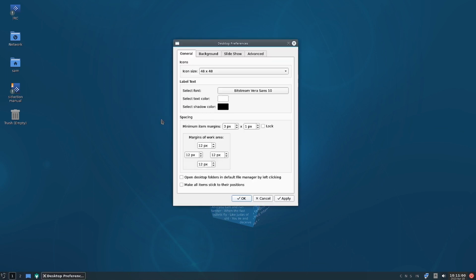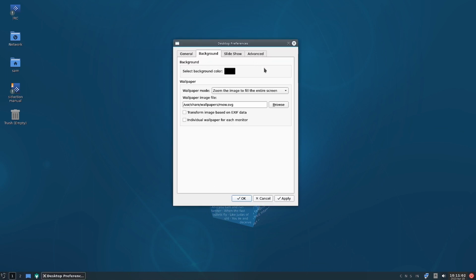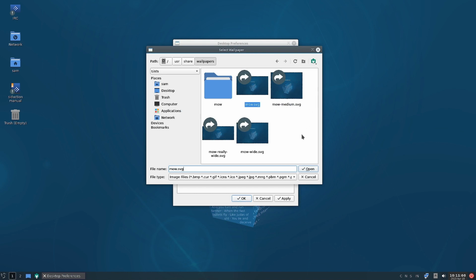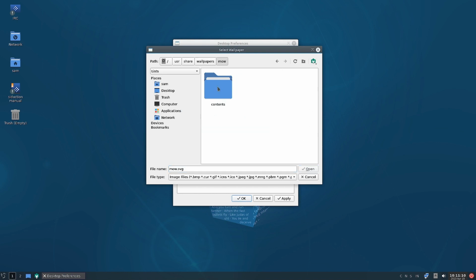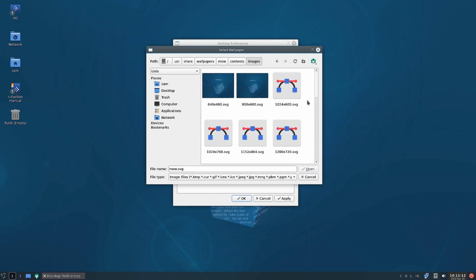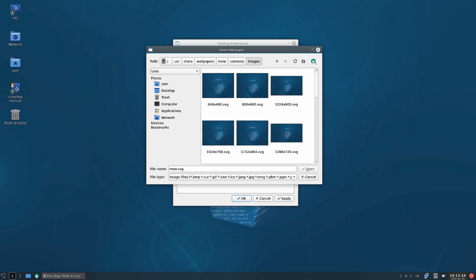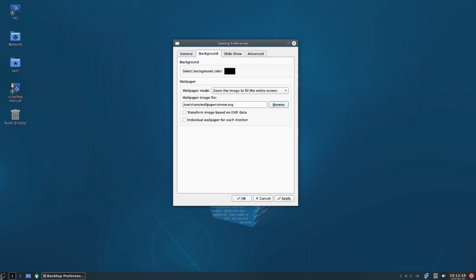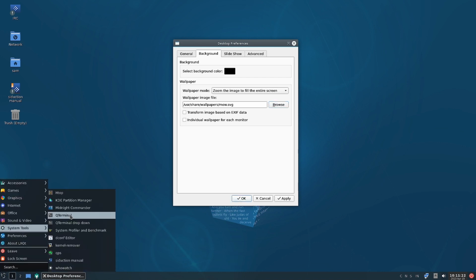Now let us check out the different wallpapers. So if wallpapers are available, let us check. So not many wallpapers are available. You can see it here, all the wallpapers, same wallpaper with different resolutions. So what to do? Nothing, you have to just open the terminal, on that QTerminal,